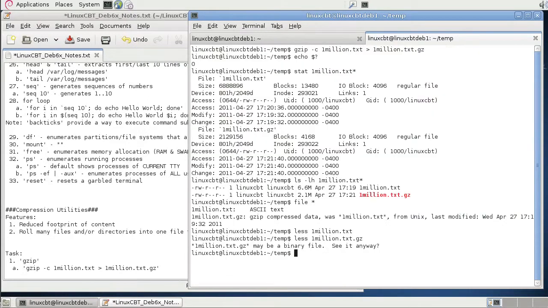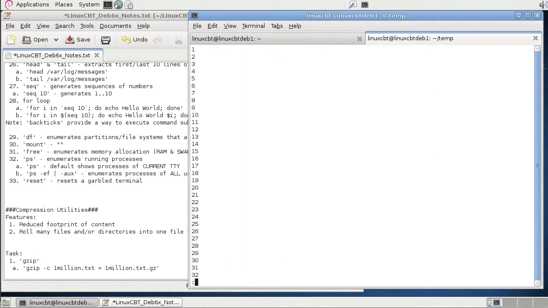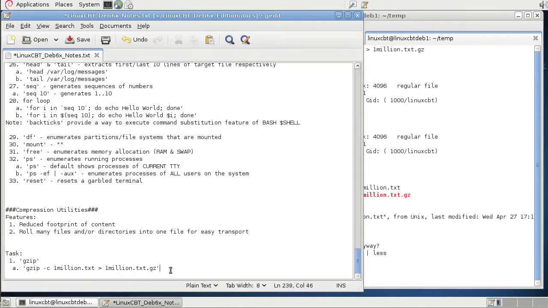But we can always get past this by using commands that have built-in decompression support of gzip, for example, such as zcat. So for example, zcat 1million.txt.gz, piping the output to less so we can see the output one page full at a time, does the trick for us. So let's just note, zcat and the target file 1million.txt.gz auto decompresses the gzip